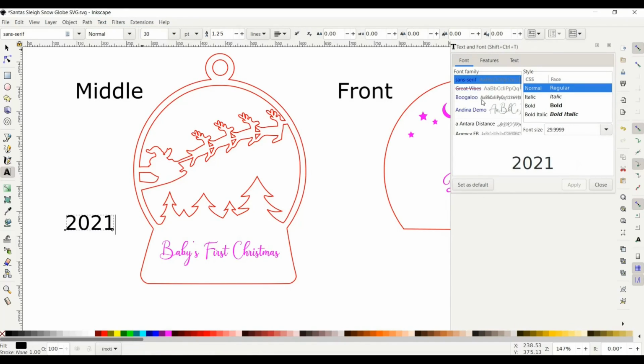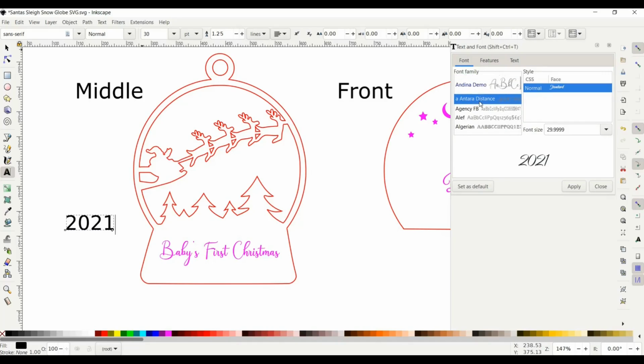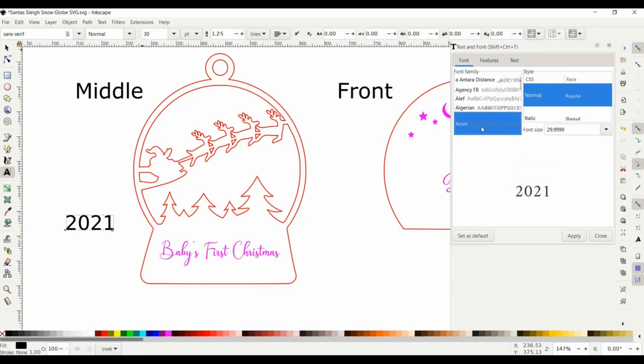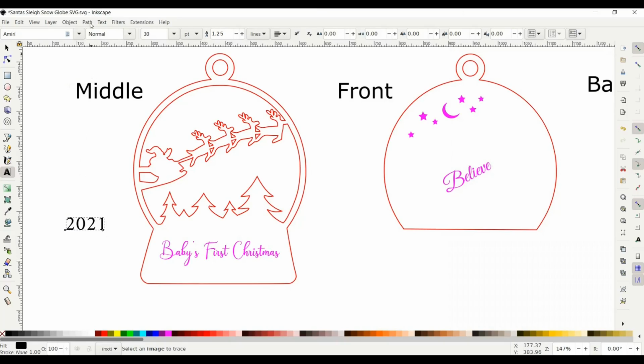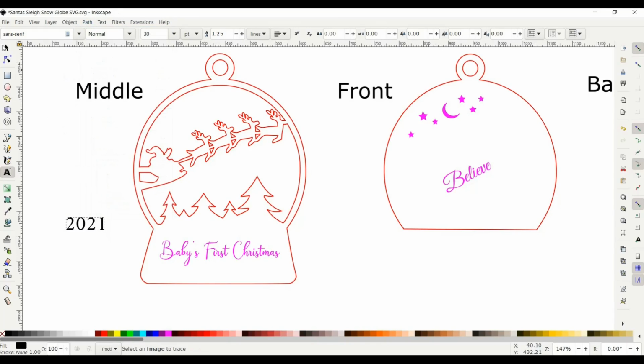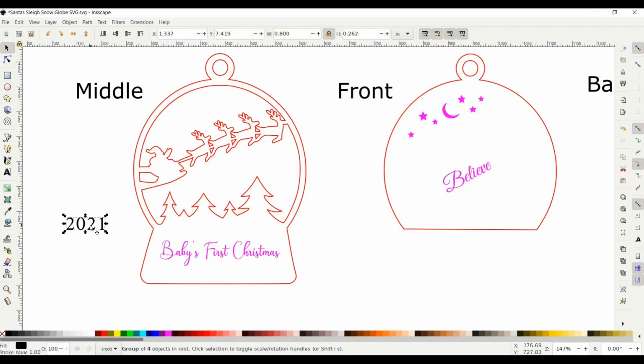X out of that. And I'm just going to use, let's see, we'll just pick this one to make it easy. Okay, so I'm going to X out of this. And again, I'm going to have to go up to Path and Object to Path. And I'm going to select it with my selection tool just so I have it selected, and now I can